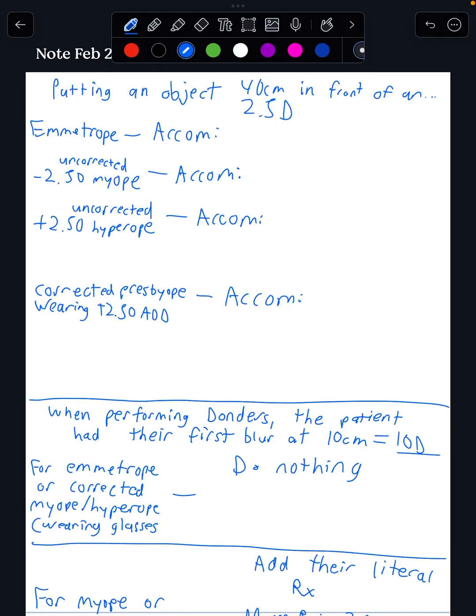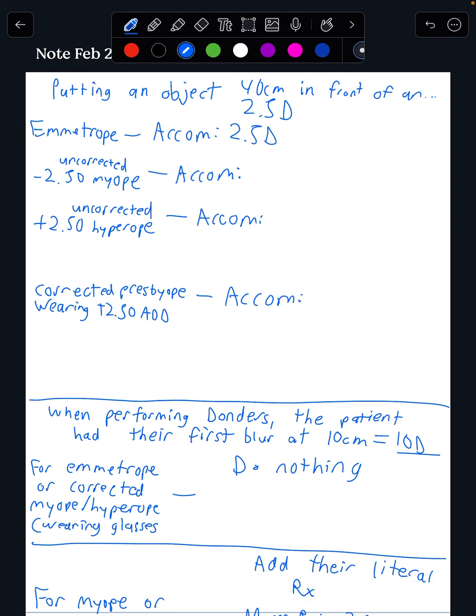So I want to quickly go over Donders problems, but before we do, I wanted to give a little bit of context that helped me understand these problems better. So let's say we put an object 40 centimeters in front of, for this example, an emmetrope. We know an object at 40 centimeters has an accommodative demand of 2.5 diopters. And so an emmetrope, if we put something 40 centimeters in front of them, they would have to accommodate 2.5